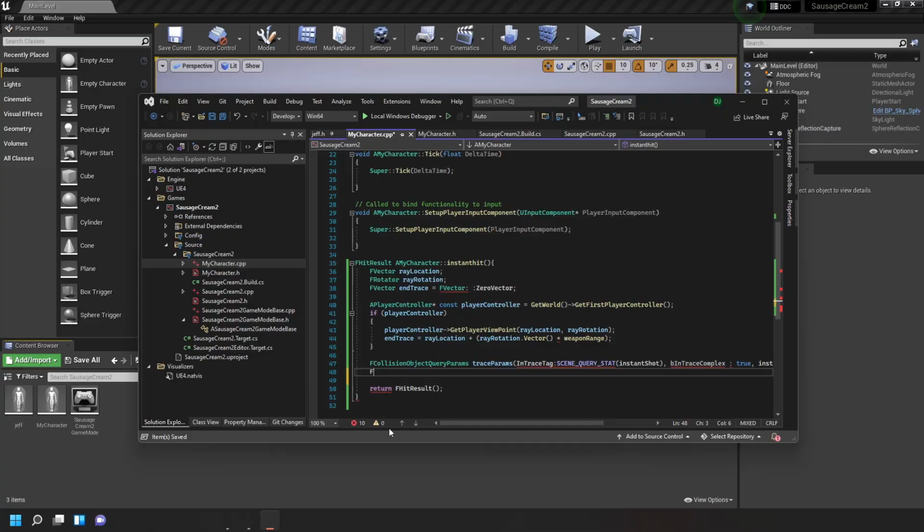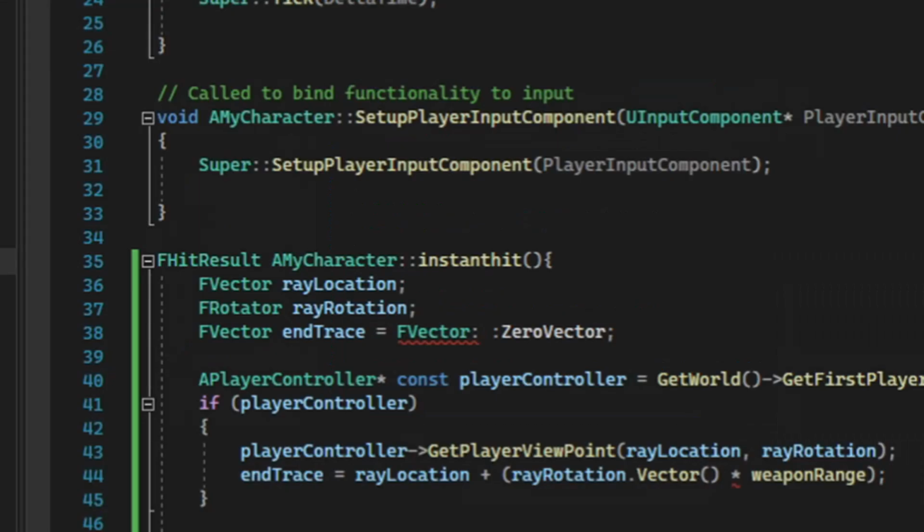Oh, this is the hit result now. So when it hits, by default nothing happens. I don't know what I'm doing anymore. Genuinely have no idea what any of this I'm typing means at this point. But I guess in a minute he will explain it and I'll be like, oh, that's what that does.